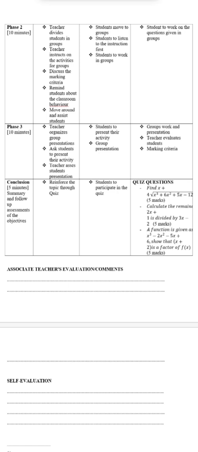After that, I will be awarding the students their marks, and then before leaving my class, I will ask the students if they have any difficulties regarding the present class. If they have, they can ask me the questions immediately, or they can complete their homework and then ask me the question for the next class. Then I will ask my students to get back to their places as they were already in groups. After that, I will ask the students to clear their room so that they can be ready for their next class. Thank you, sir.